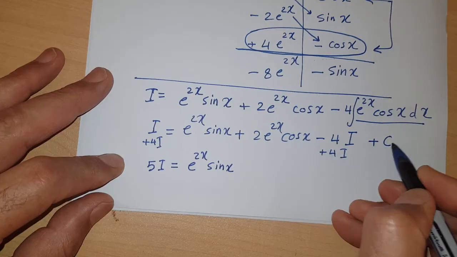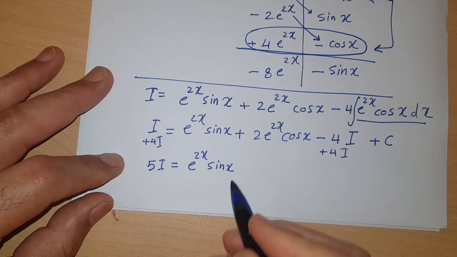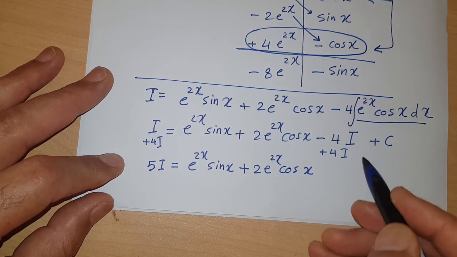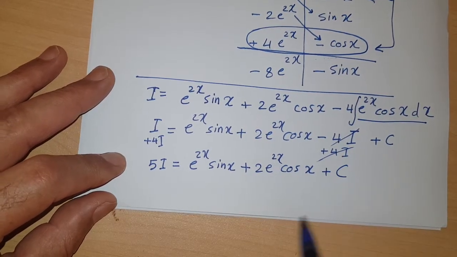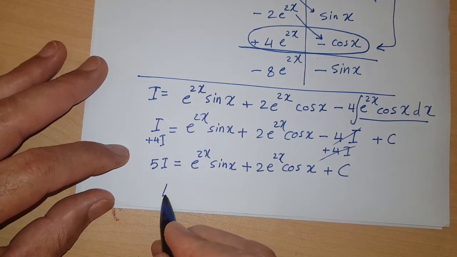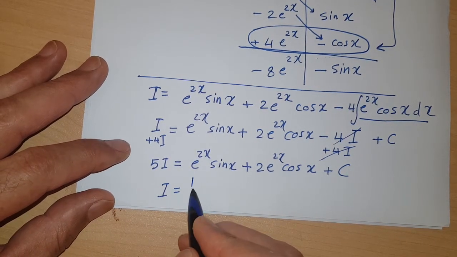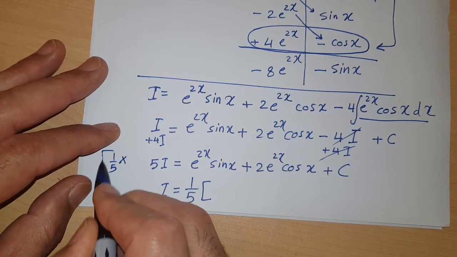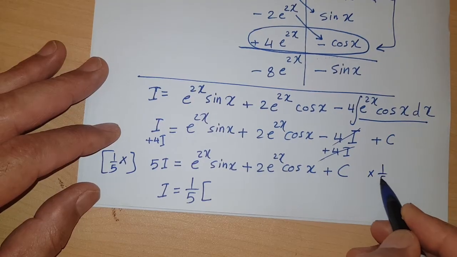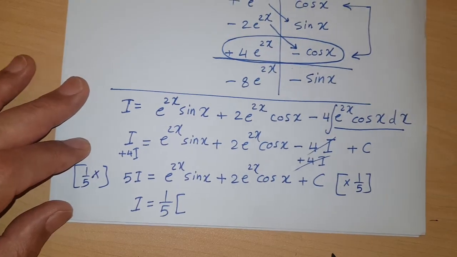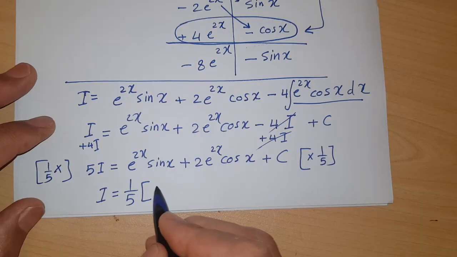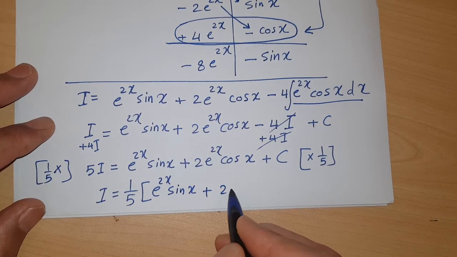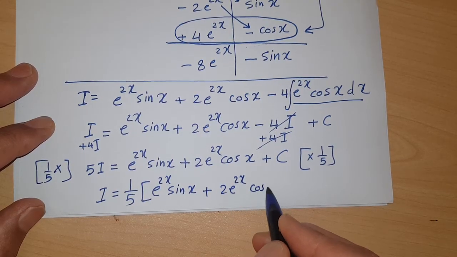Don't forget plus C here, constant of integration, plus 2e to the 2x cosine x. Here is 0, plus C. So the original integral now is simply 1 over 5 into, just multiply by 1 over 5 each side, by 1 over 5 here, all this side, and then this by 1 over 5 also, this side. So the final answer is 1 over 5 e to the 2x sine x plus 2e to the 2x cosine x